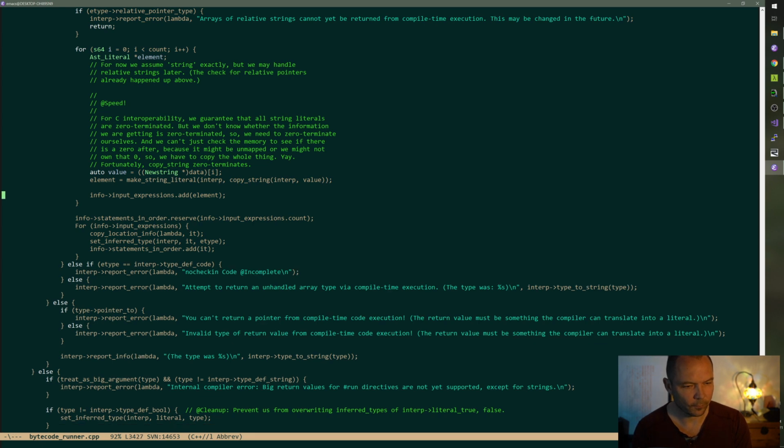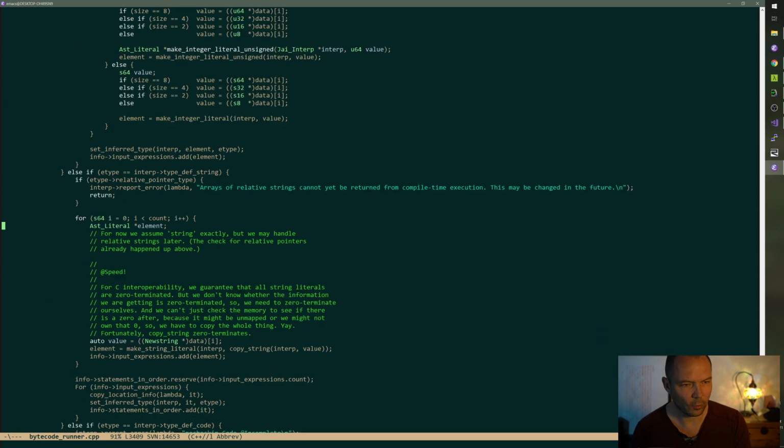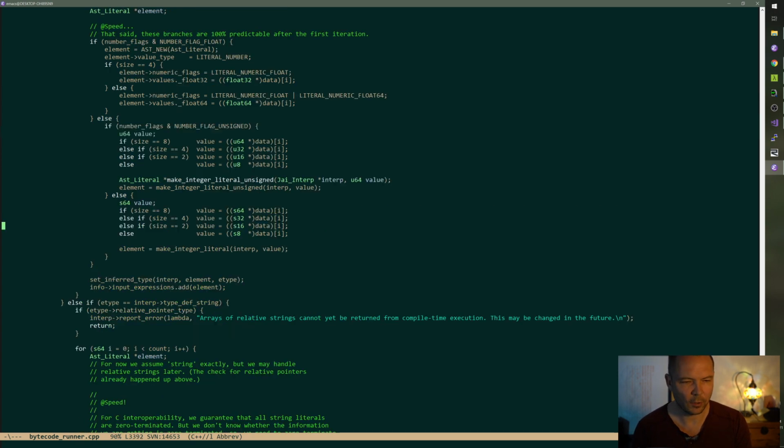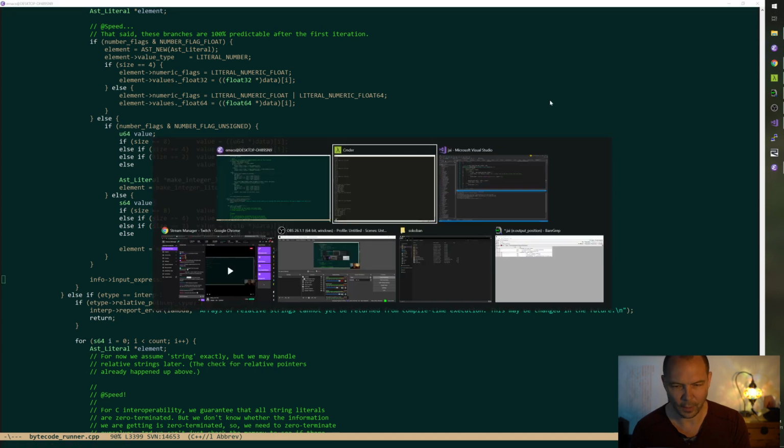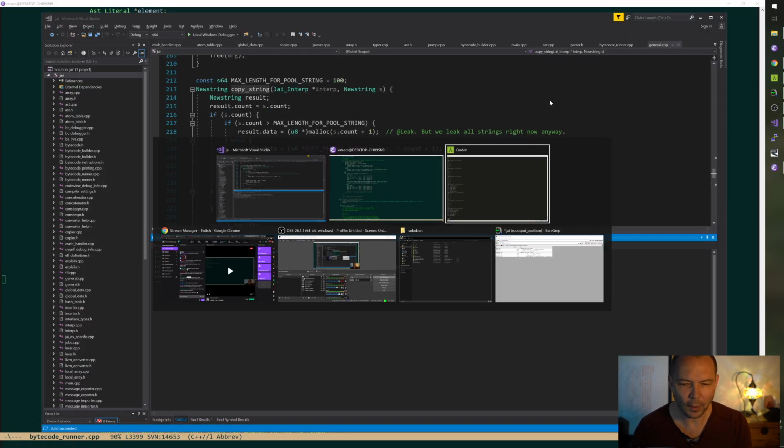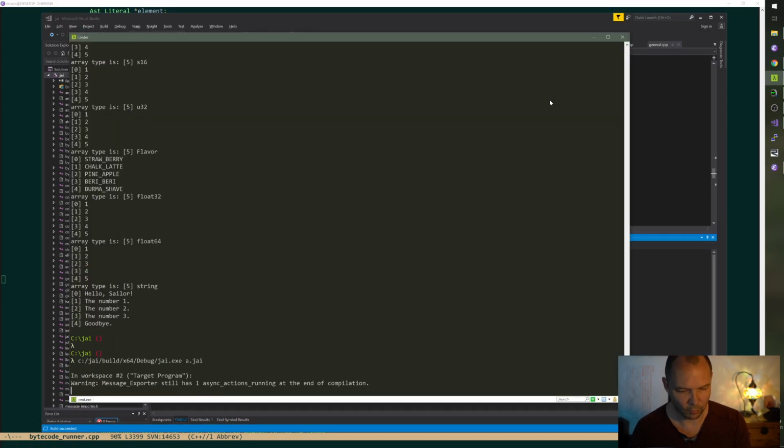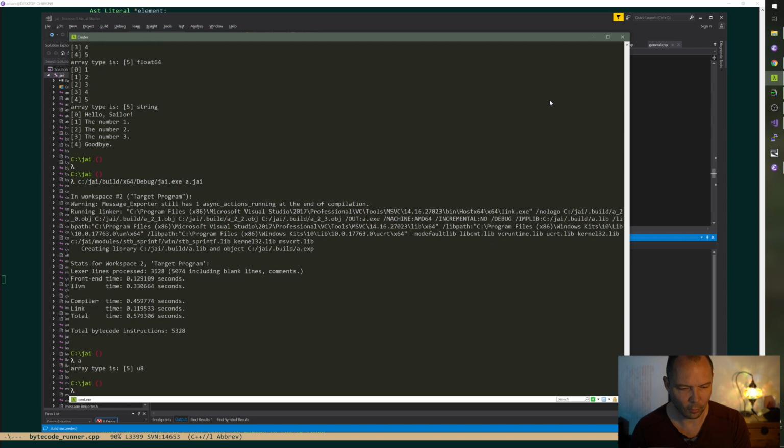Okay. So here now we just literally add it to the input expressions, and we do a second pass, which technically is not as fast, but it's going to substantially reduce code complexity. It's not that much slower. Oh, and I already messed it up.